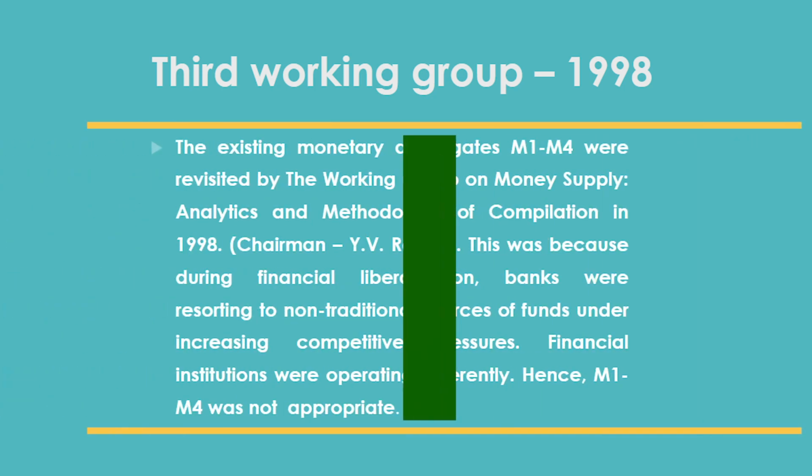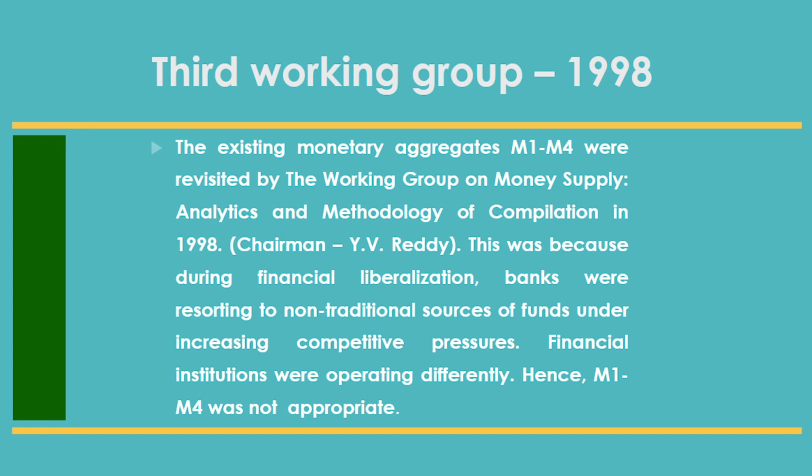So the existing monetary aggregates, that is from M1 to M4, were revisited by the working group on money supply, the analytics and methodology of compilation in 1998. The chairman of that working group was Y.V. Reddy. Now, this was because during the financial liberalization, banks were resorting to non-traditional sources of funds under increasing competitive